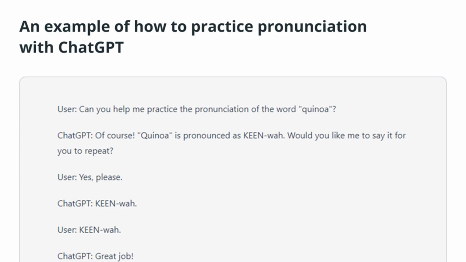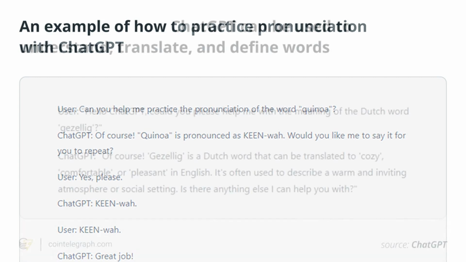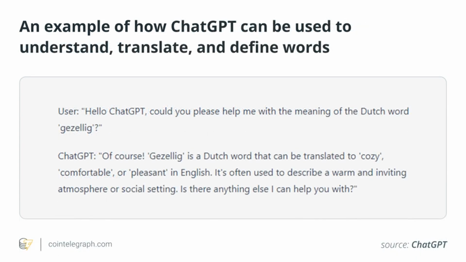Improve writing skills. ChatGPT can be utilized to enhance writing abilities in a foreign language. Learners can obtain comments and corrections to help them with their grammar, syntax and